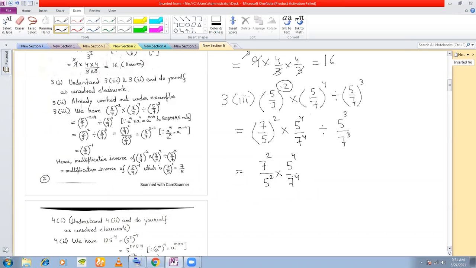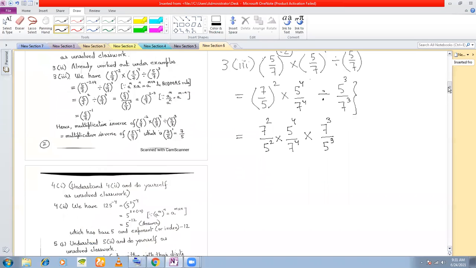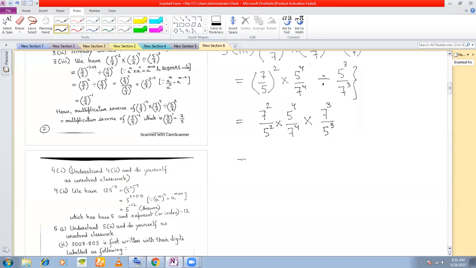Now in board maths, what we do? We do division first or multiplication first? We do the division first, Sir, right? So here division first. I have a division sign, so I convert this to a multiplication sign, and then I take the reciprocal of this fraction, which means 7 cube by 5 cube, right? So I perform the division first. Now all the signs are multiplication. Now what you do here is, you see only 5 and 7 as the base. See, 7 is the base here, 7 is the base here, and 7 is the base here.